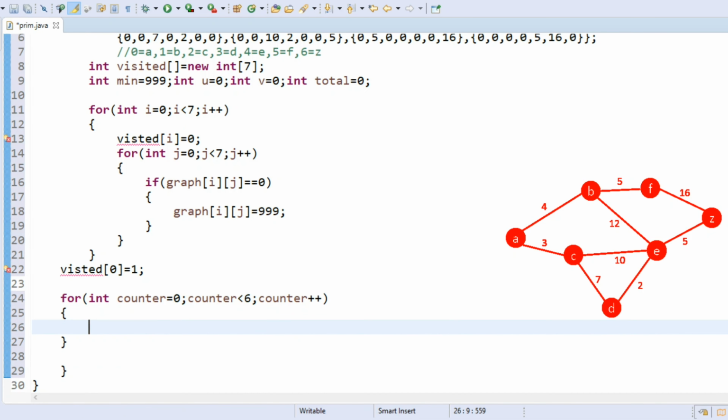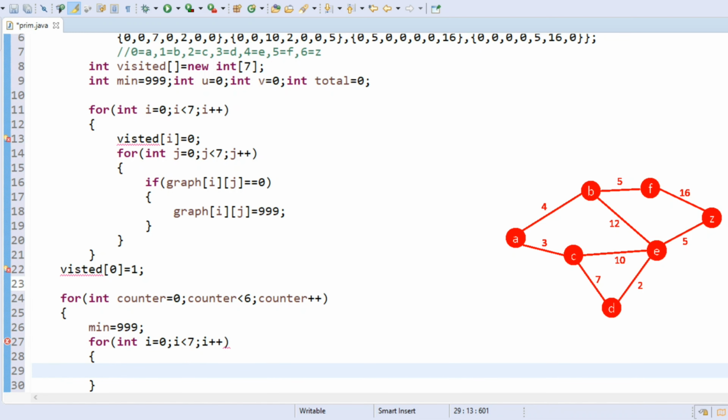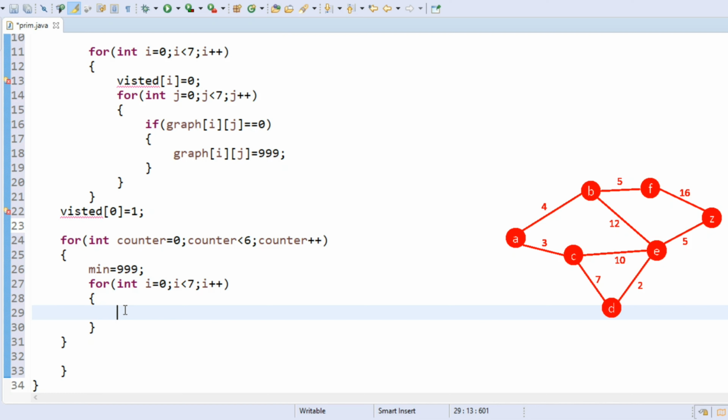After that I am going to represent the minimum, min equals to 999, and again I am taking the for loop for int i equals to 0, i must be less than 7, i plus plus. Okay, and I am going to take the visited vertex. If the visited of i is equals to 1, that means the source vertex is equals to 1, so visited of 0 is